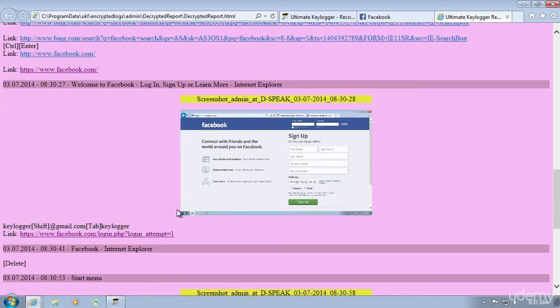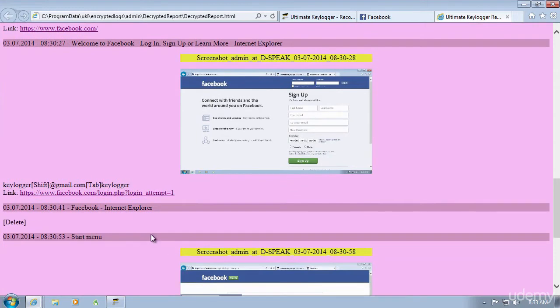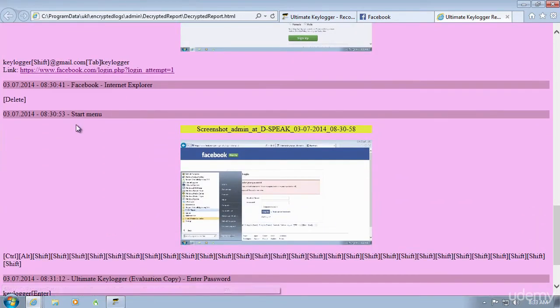You can see here that after we went to the Facebook web page, we get the screenshot and we can see exactly what was typed. We can also see that this was a failed login attempt, which is very good to know, so that we don't just take that for granted as before. Now, being the correct login. Now then it took us back to the Facebook page for failed logins, and you can see that,